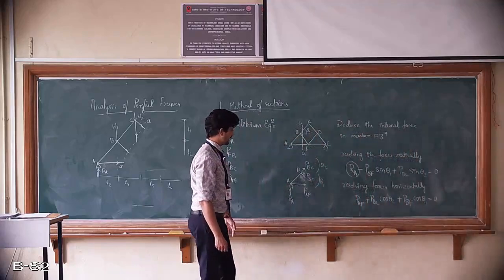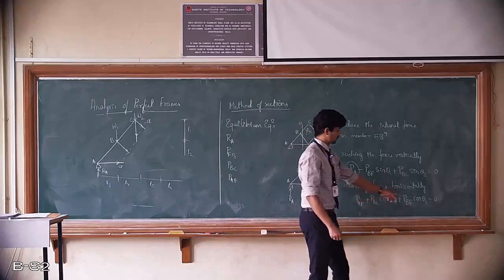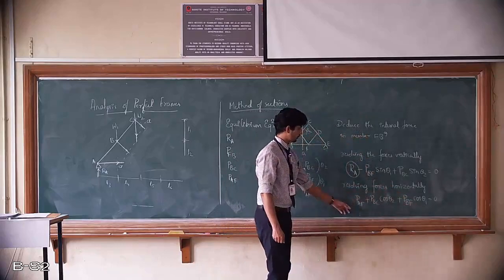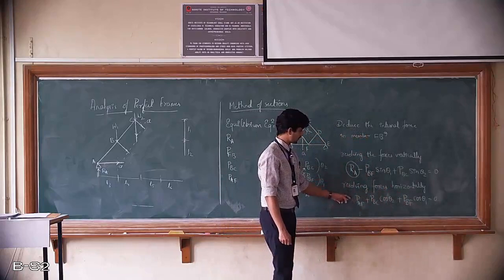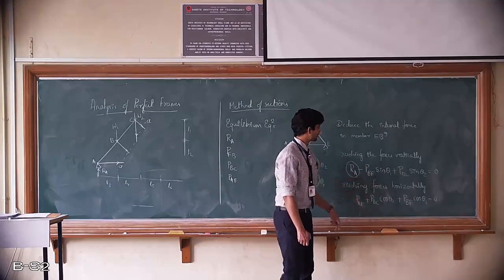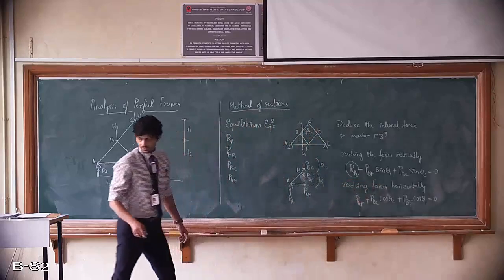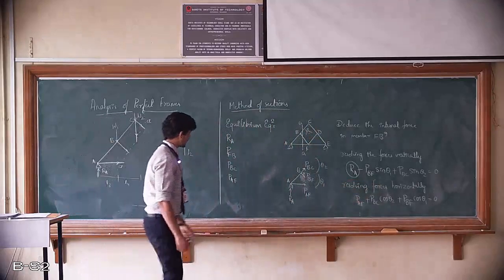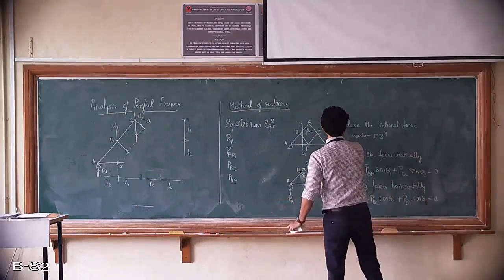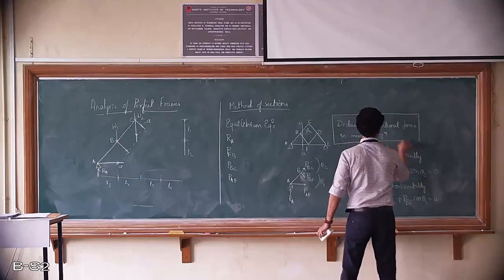Now in this we have three unknowns. All three are unknown, and using these two equations there are three unknowns and we have just two equations, which is not possible to solve. So let us continue using the third equilibrium equation. I will just let this be a numerical, I will put that in a box. That was the problem.